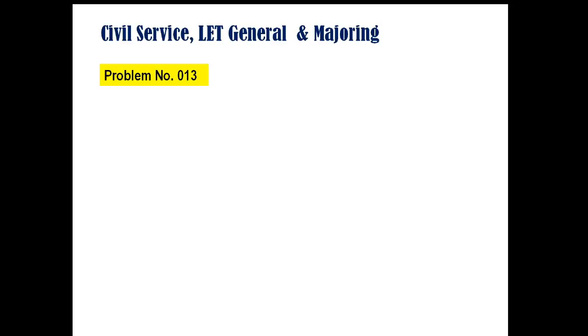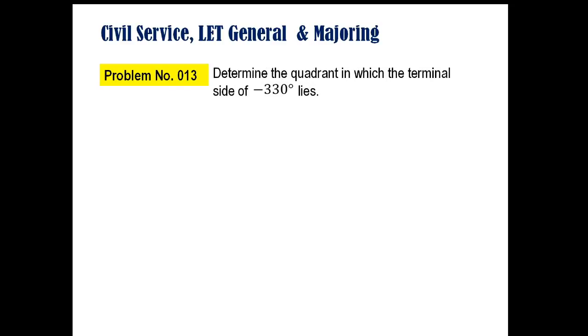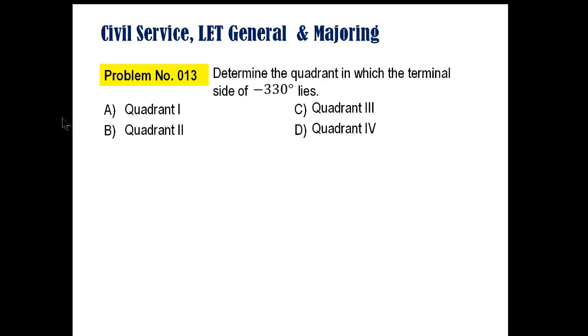Problem number 013. Determine the quadrant in which the terminal side of negative 330 degrees lies. For the choices: A, quadrant 1; B, quadrant 2; C, quadrant 3; D, quadrant 4. For the solution,